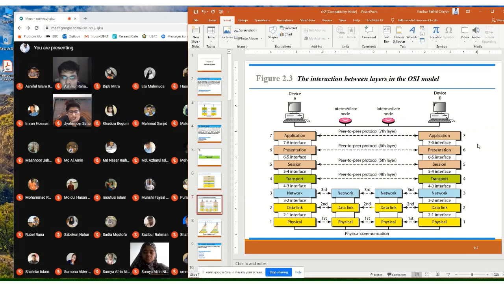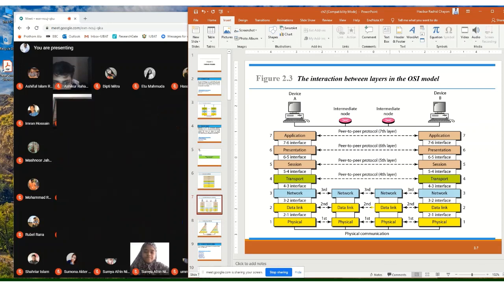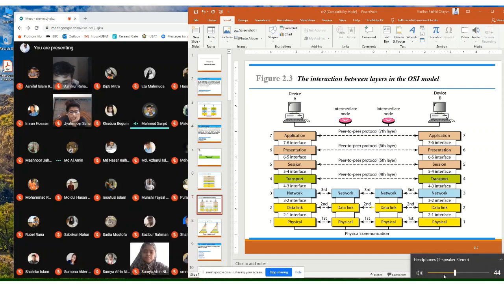Okay. Now think about this same scenario in our data communication. Instead of a courier service, we have routers and switches, but the responsibilities are exactly the same. Try to explain if possible. Sir, in the sender and receiver, the application layer is for providing service. And,